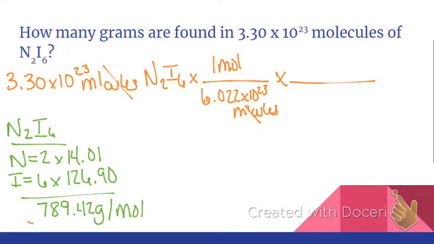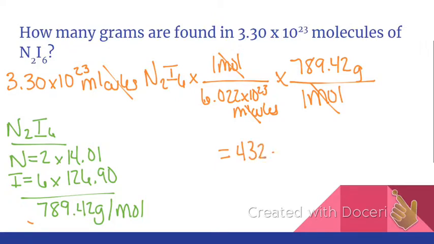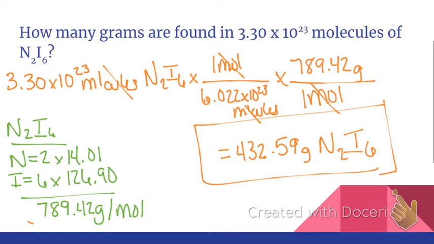So again, looking at setup, the bottom portion of your conversion factor in the last piece should be the mole, and the top piece should be the mass of 789.42. So you can go ahead and multiply and do your division step, or again, division by multiplication. I got an answer of 432.59 grams, and this is of the N2I6. Again, if you have any questions or concerns on your answers, if there's a rounding issue or whatever, please